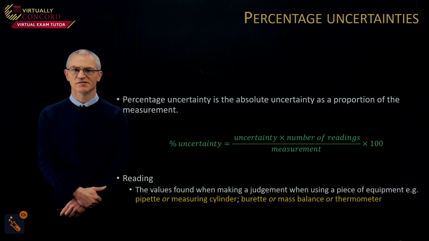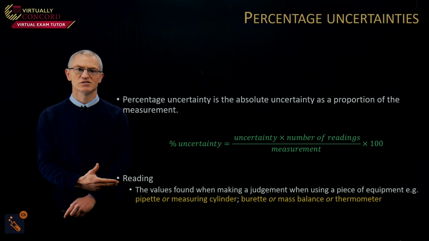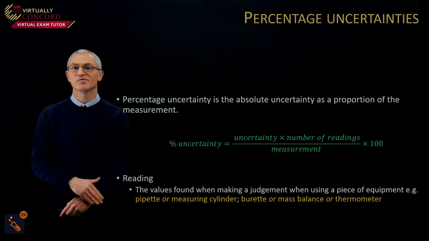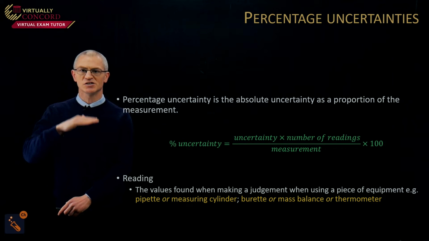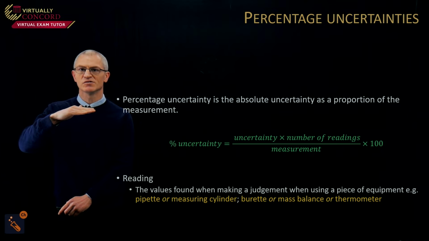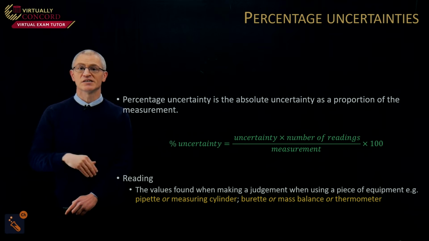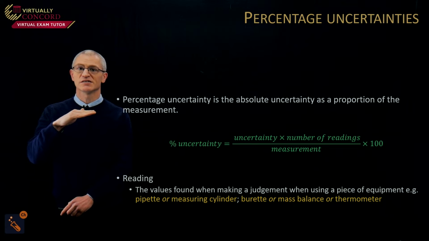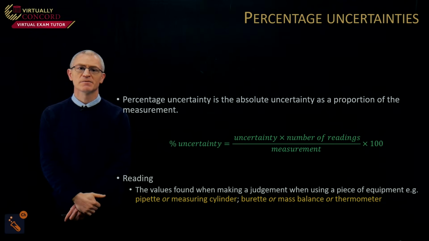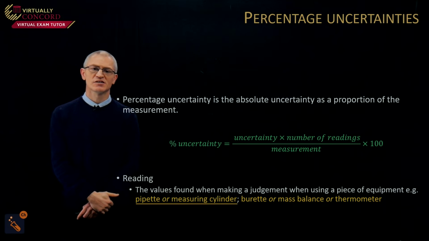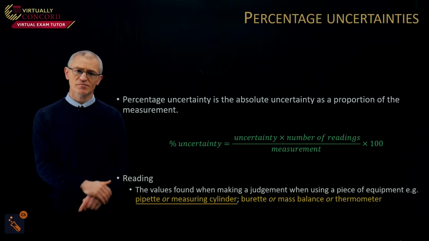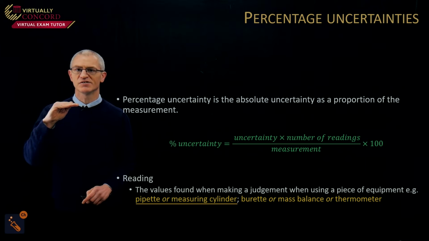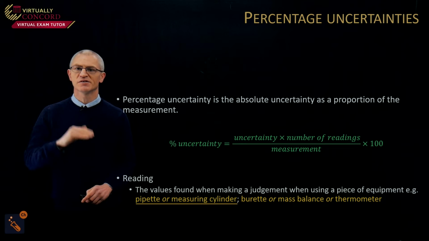So what is a reading? A reading is the value taken when you make a judgment. If you look at a piece of equipment, for example a measuring cylinder, and you fill it up to 50 and you look at it, well, your reading is that 50 centimeters cubed and your number of readings is 1. That is the same for a measuring cylinder or a pipette. You just look at the level they get to and then you say, right, okay, there's 25, there's 50